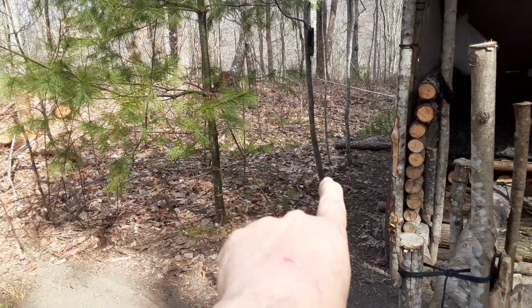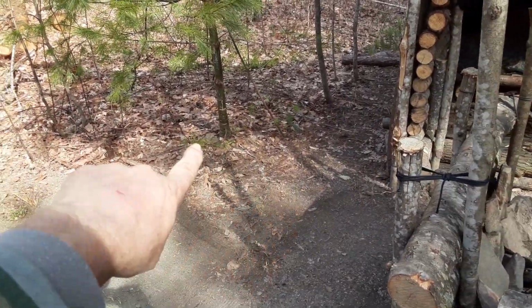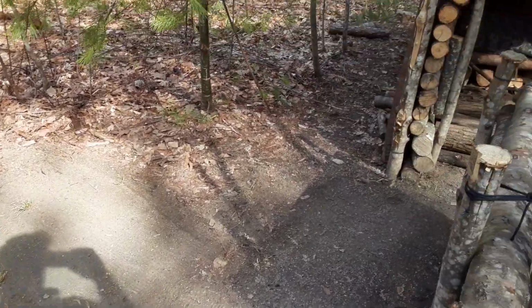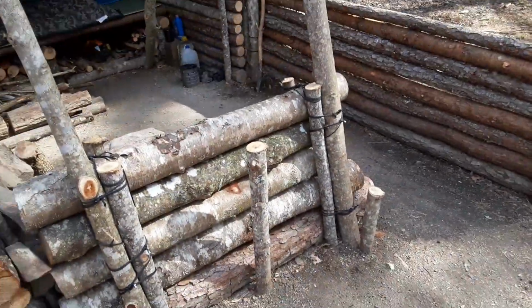Next thing I'm going to do, probably next time I'm up here, is cut these out right here, so I can get all those leaves out of there too. I've been lucky so far, I haven't had a fire or nothing. There's going to be a wall all the way up right here anyway, so I won't have to worry about it later. But what we're going to do today, get back to the topic of today,